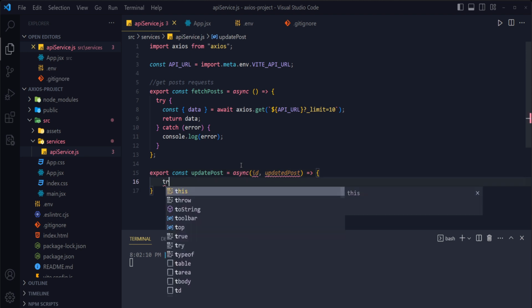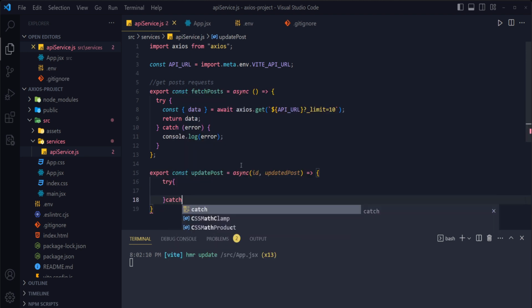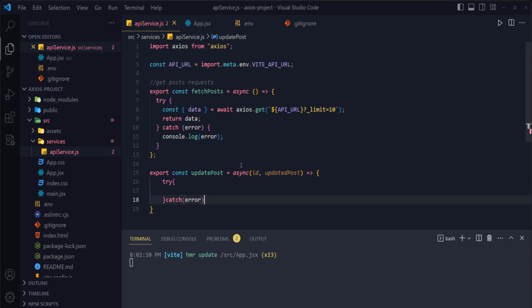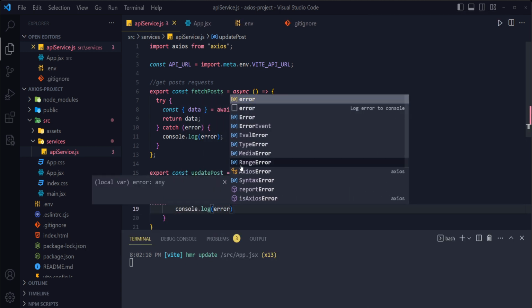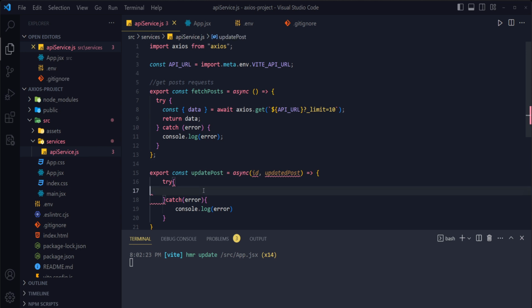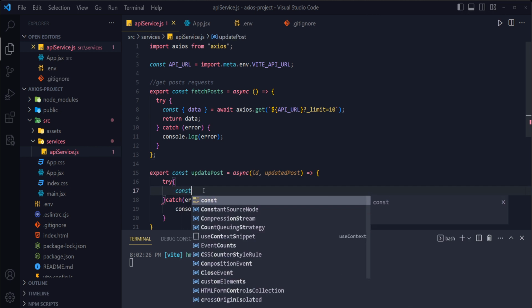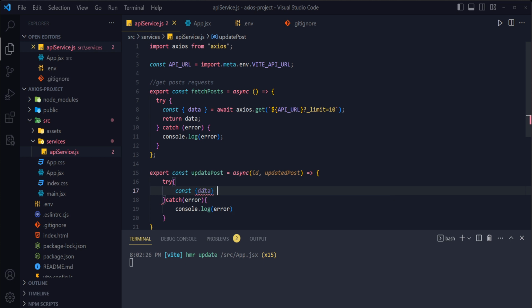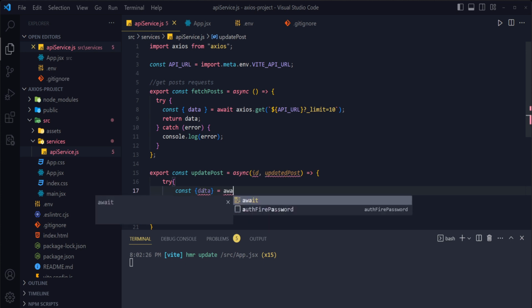And sa loob nito, try catch pa rin tayo. Ayan, catch, error. Tapos, ilalag lang natin console.log error. And sa loob ng ating try, dito naman, is same pa rin. So, const, tapos data. Kukunin na natin yung data na re-return. So, await,